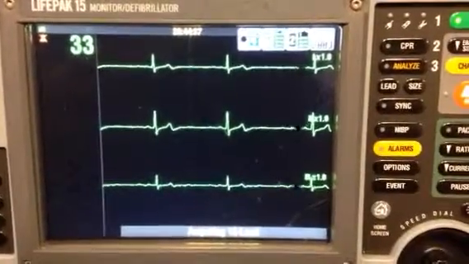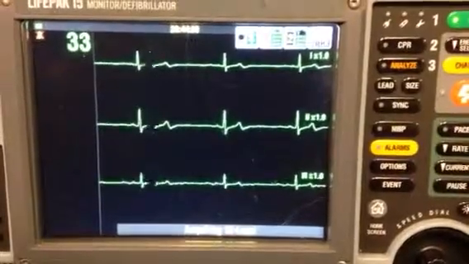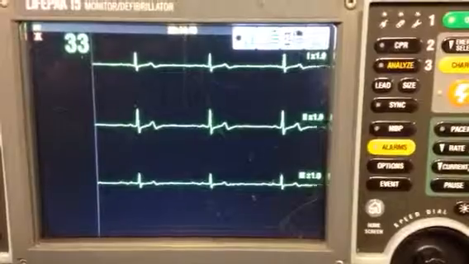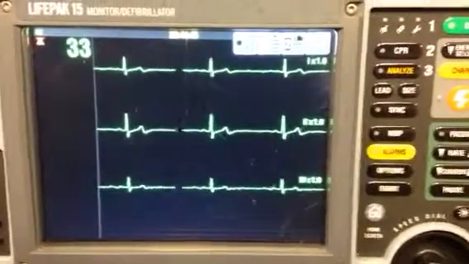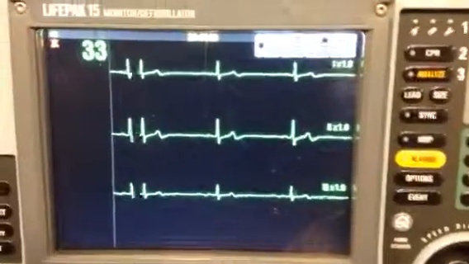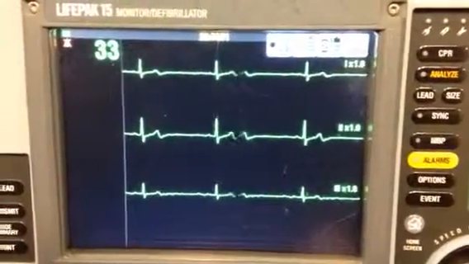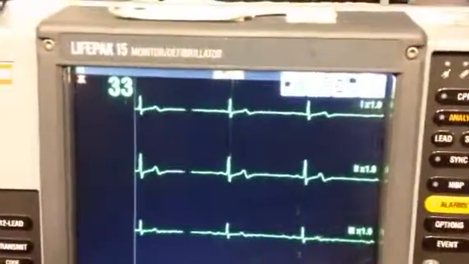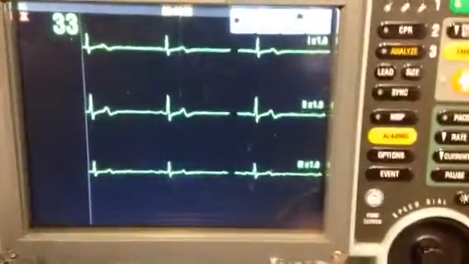So at this point we've placed our electrodes and we've noticed a heart rate of 33 per our Maryland medical protocol. This is defined as sinus bradycardia. We've called for the upgrade. In the meantime, we've generated 12 lead for the ALS provider when they arrive. We can verify our diagnosis of sinus bradycardia by looking at our 12 lead